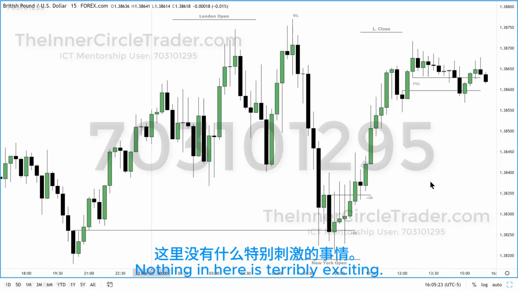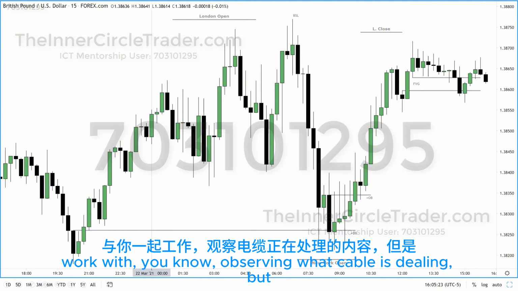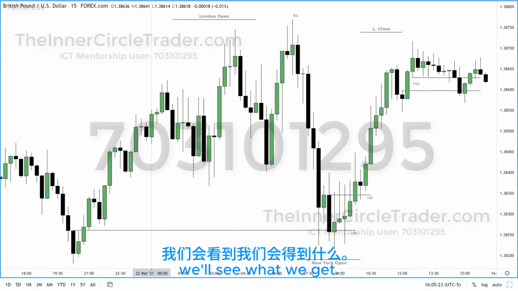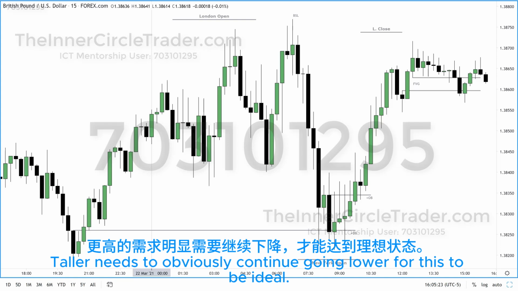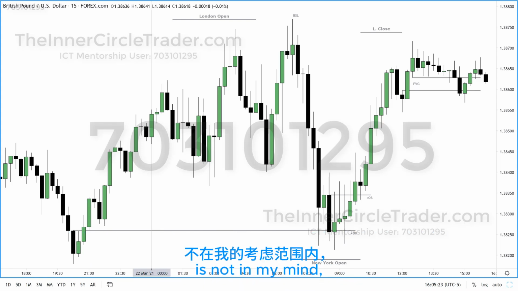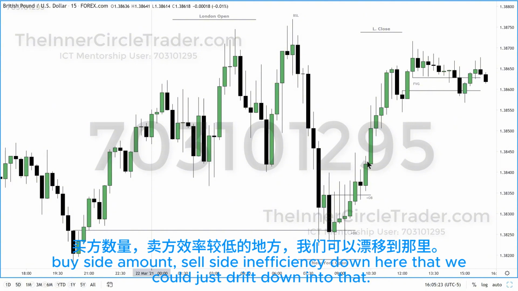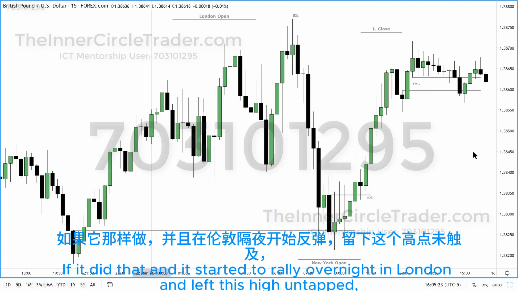Nothing in here is terribly exciting. It looks as if it wants to go higher, so that'll be a short-term bias I'll work with, observing what cable's doing, but we'll see what we get. Dollar needs to obviously continue going lower for this to be ideal, but the overall market structure that this pair has right here in the 15-minute time frame is not, in my mind, high probability either direction. Okay, because we do have a small buy side unbalance, sell side inefficiency down here that we could just drift down into that. If it did that and then started a rally overnight in London and left this high untapped,